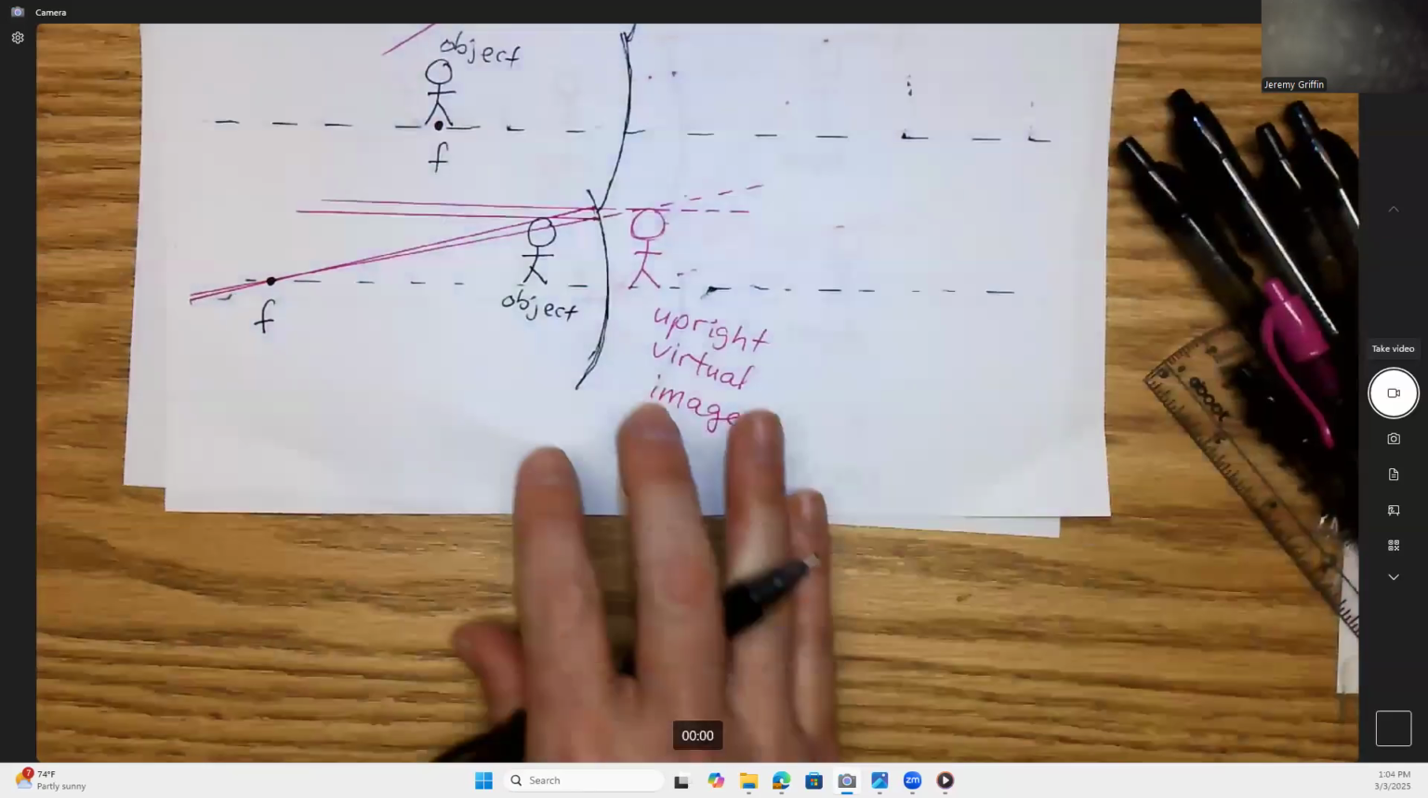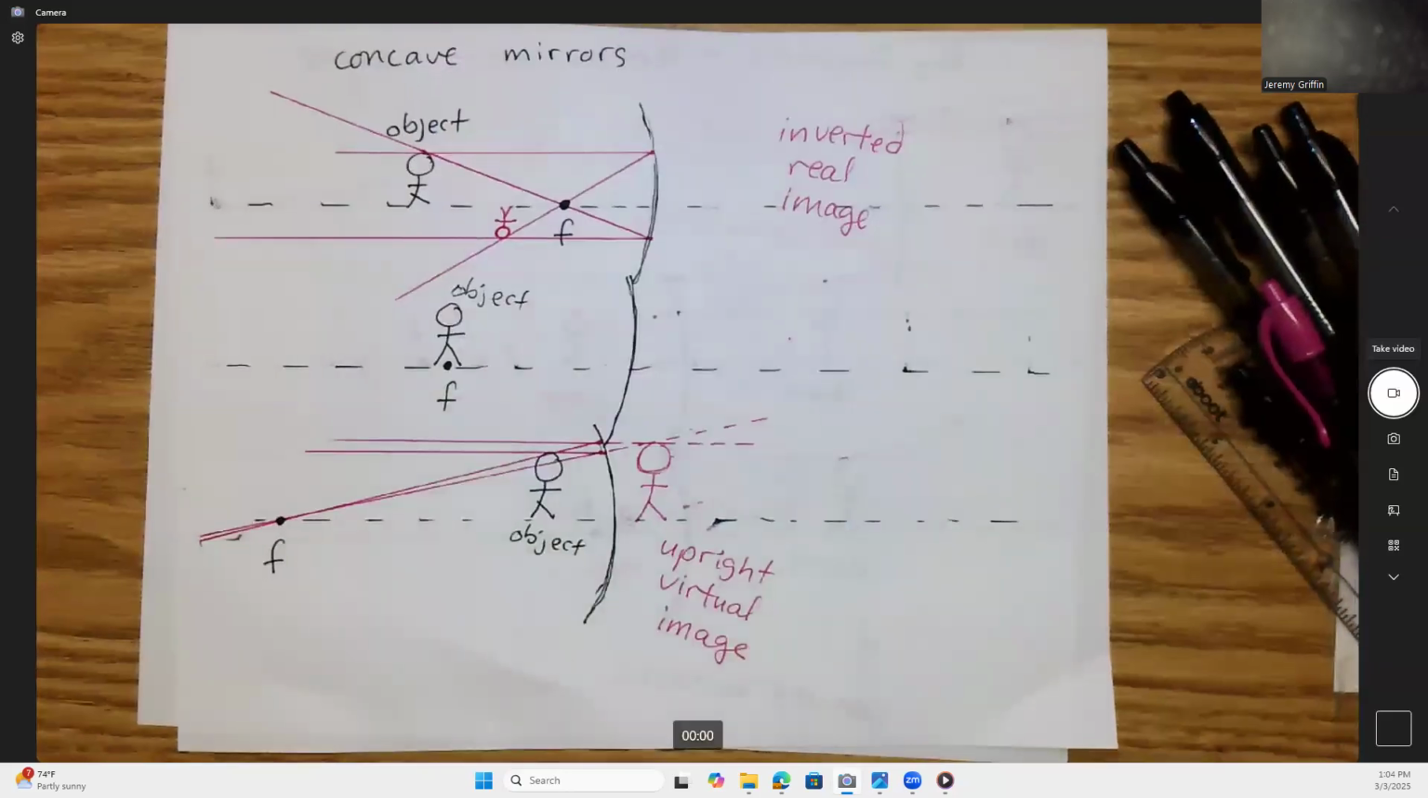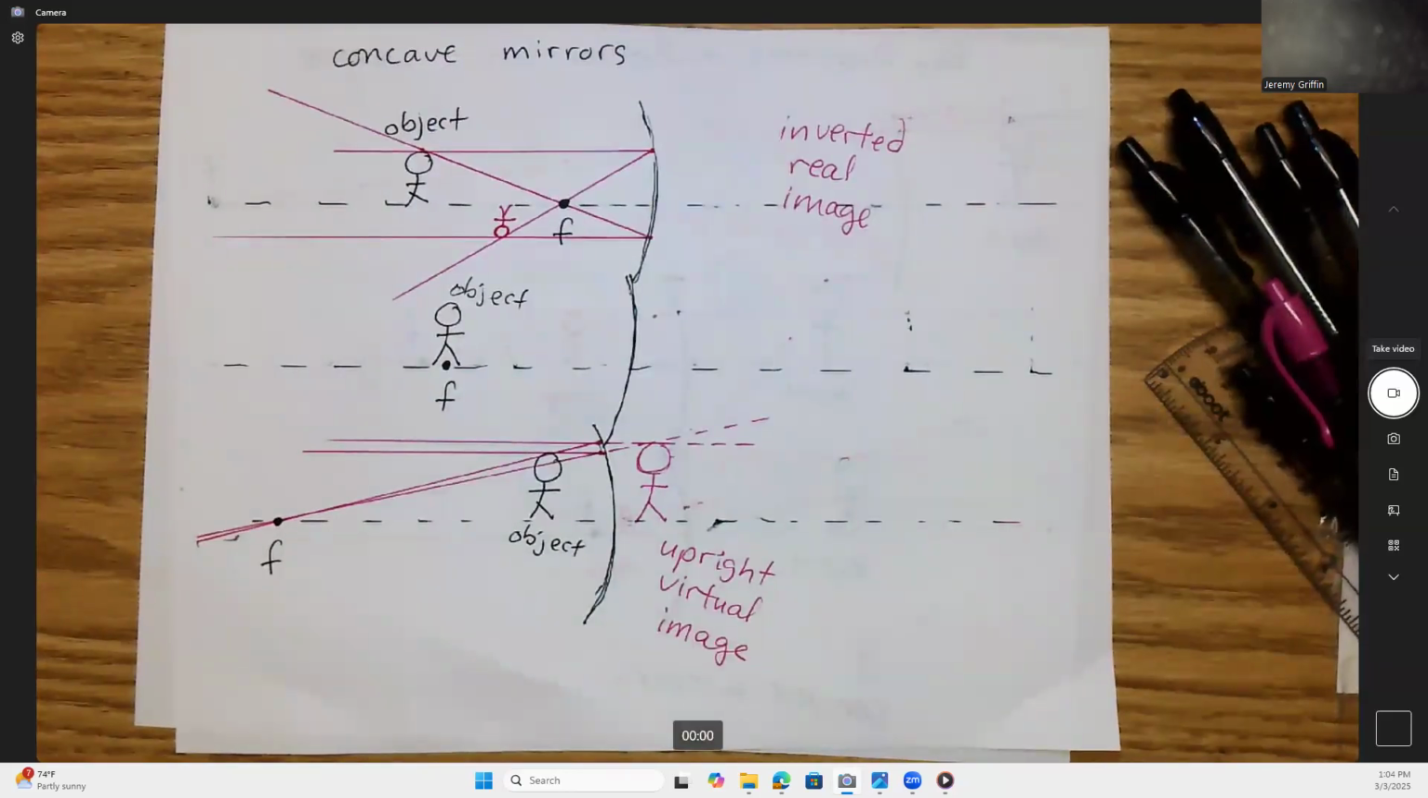All right. We got one more diagram left. You guys ready for your last diagram? All right, so this one,